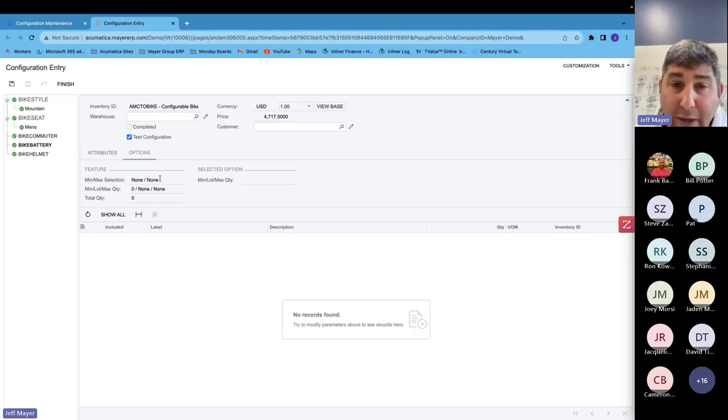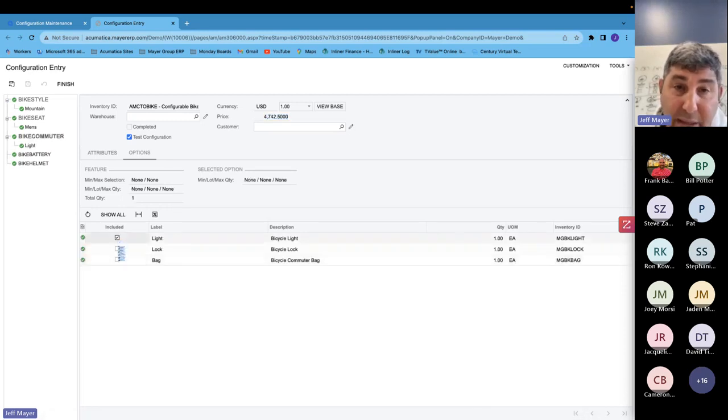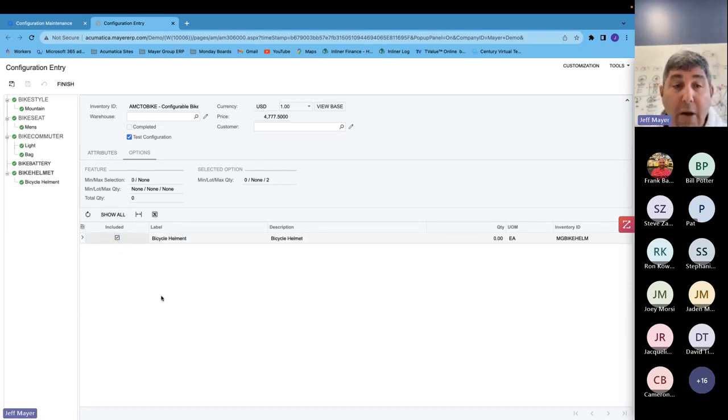We can go through, and as we go through, you can see the price of this bicycle, and it'll change as we select different things. Right? So we can see that change as we select. Do I want a helmet? All that good stuff. When we hit the finish button, that's when it does create that captured bill